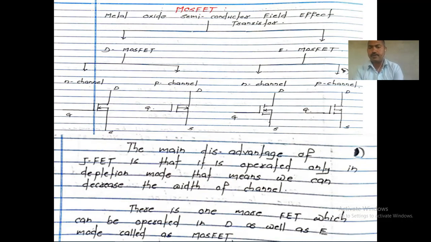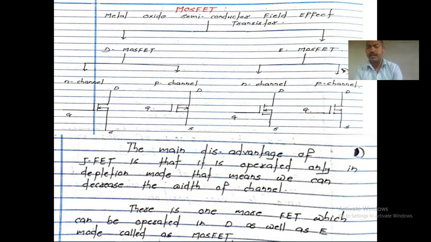So in case of enhancement type of MOSFET, normally, see, another name for this type of MOSFET is normally off type of MOSFET, right? So in this case, we don't use the reverse bias or depletion voltage with respect to your input, that is we don't use VGS because here there is not any channel, right? That is another thing. I'll tell you again, D MOSFET and E MOSFET. D MOSFET is called depletion type of MOSFET. This MOSFET is also called normally on type of MOSFET.